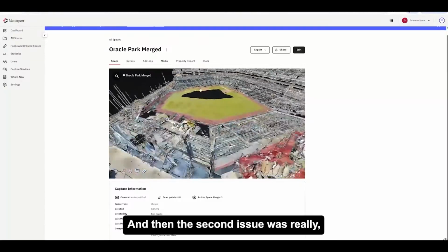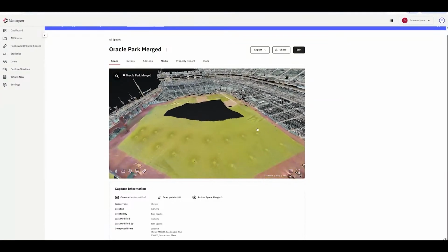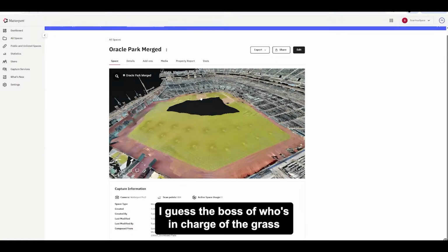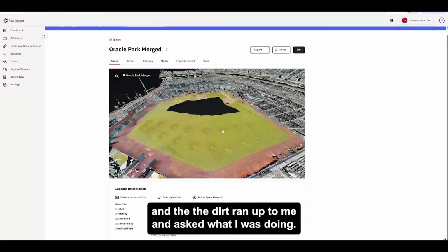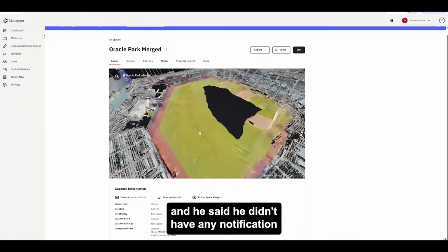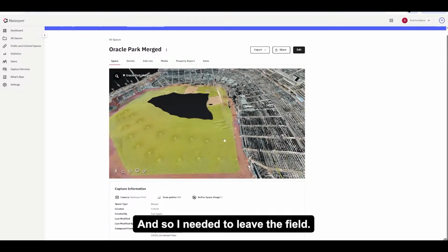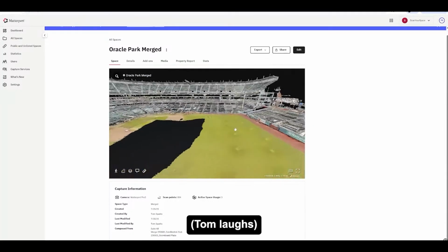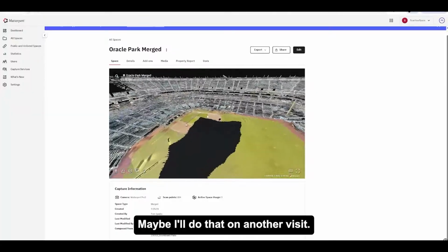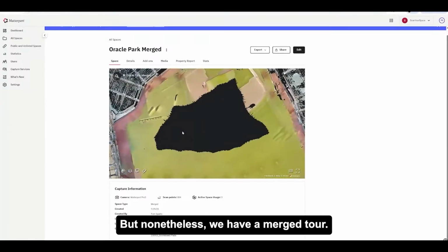And then the second issue was really, I came down here to scan these areas, and I got somewhere around this area, and one of the leads of the field crew, I guess the boss of who's in charge of the grass and the dirt, ran up to me and asked what I was doing. I told him I was scanning, and he said he didn't have any notification that I'd be out there scanning that day, and so I needed to leave the field. So I didn't get to fill in this whole area, which would have been cool. Maybe I'll do that on another visit. But nonetheless, we have a merged tour,